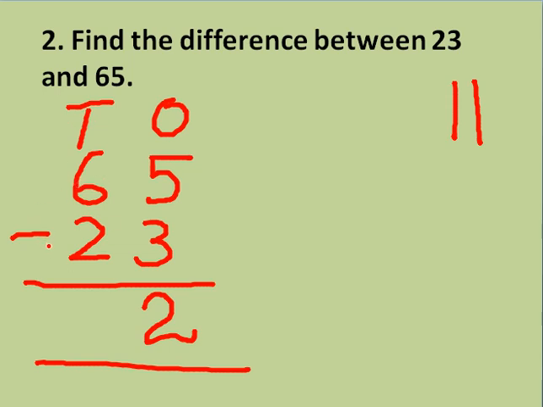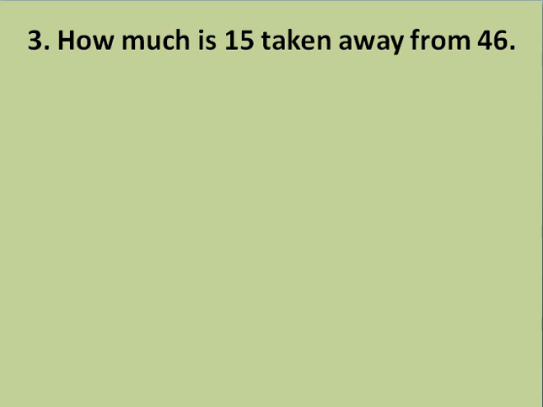Next, coming to tens place, 6 minus 2. After 6, I will start my backward counting and I will come up to 2. It can be done on fingers or using lines. Here, I am showing you using lines. After 6, 5, 4, 3, 2. So how many lines are there? 1, 2, 3, 4. So 6 minus 2 is 4. This is how we can do simple subtraction using backward counting.